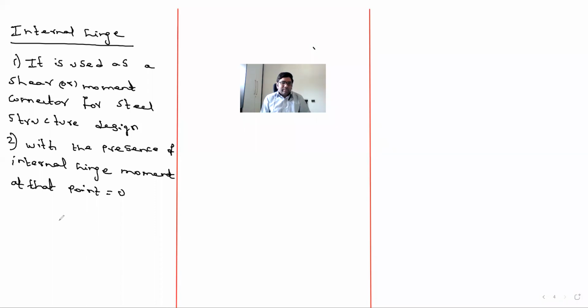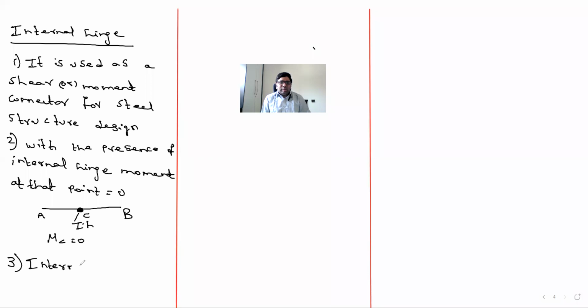Means if I have a beam like this, this is A, this is internal hinge, and this is B, this is C. So this is the internal hinge. So MC is equal to 0. That is the meaning. And third one is